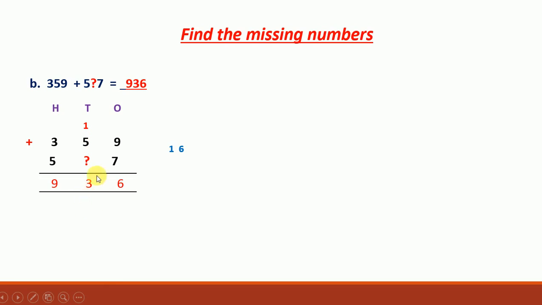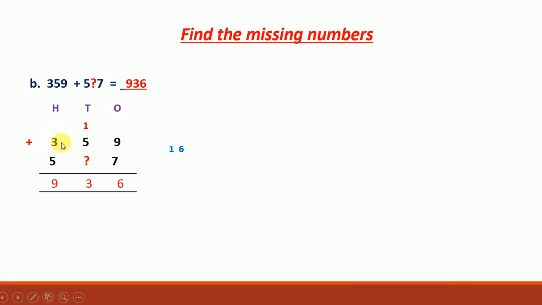So 1 plus 5 is 6. Along with the 6, some other number when we add, our answer will be greater than or equal to 6. We will not get a smaller number. Okay, so 3 is less than the 6. So it means that there is some carryover from the tens place to the hundreds place. Let's check that. Okay, now we will move on to the hundreds place.